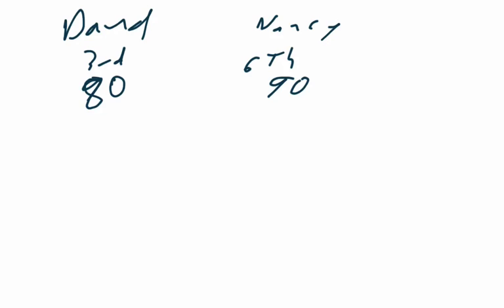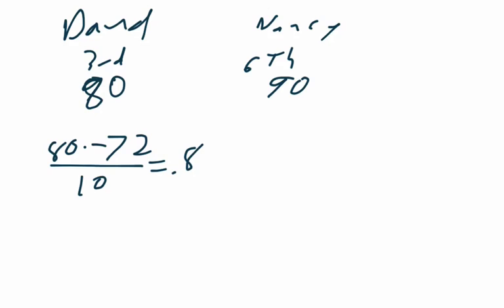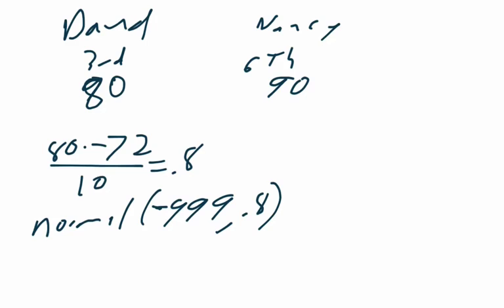So we're going to find the percentile for David first. He had a mean of 72 and a standard deviation of 10, which means a z-score of 0.8. So when you look up your z-score of 0.8, or you do normal CDF, negative 999 to 0.8,